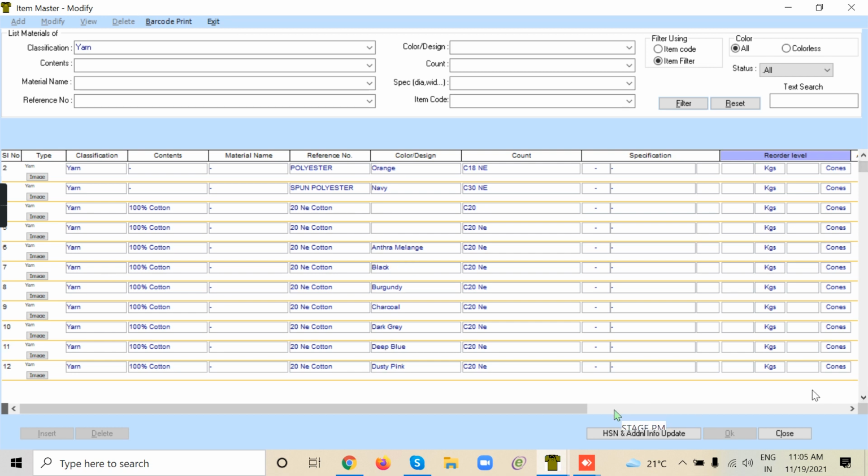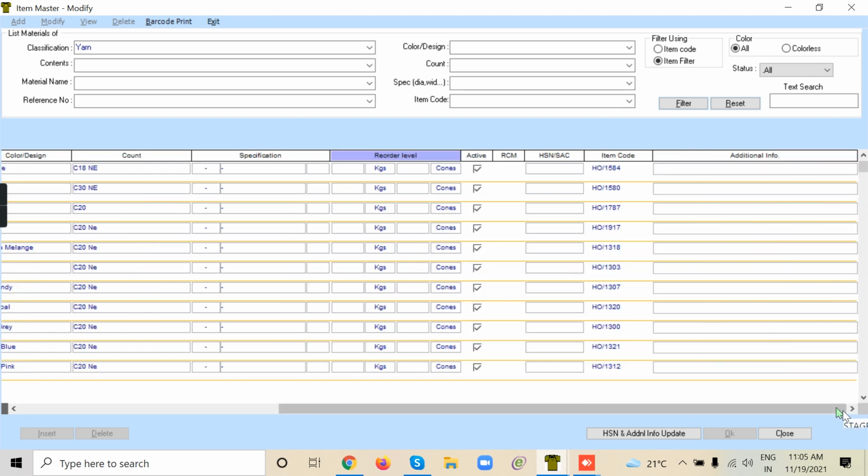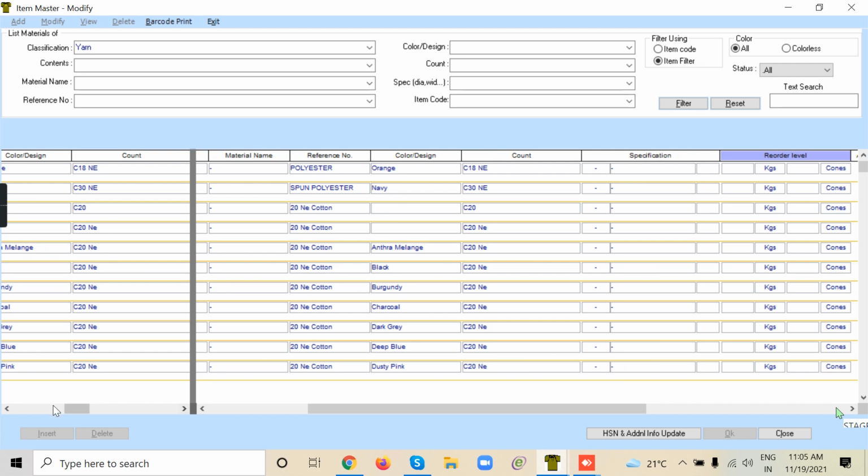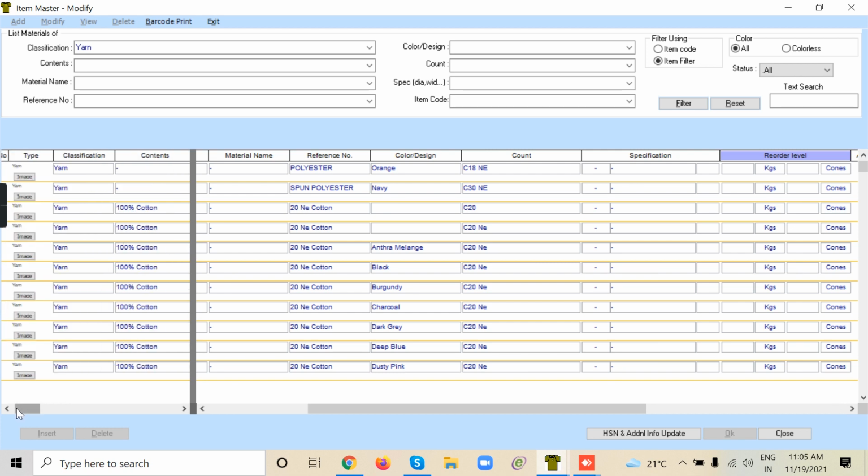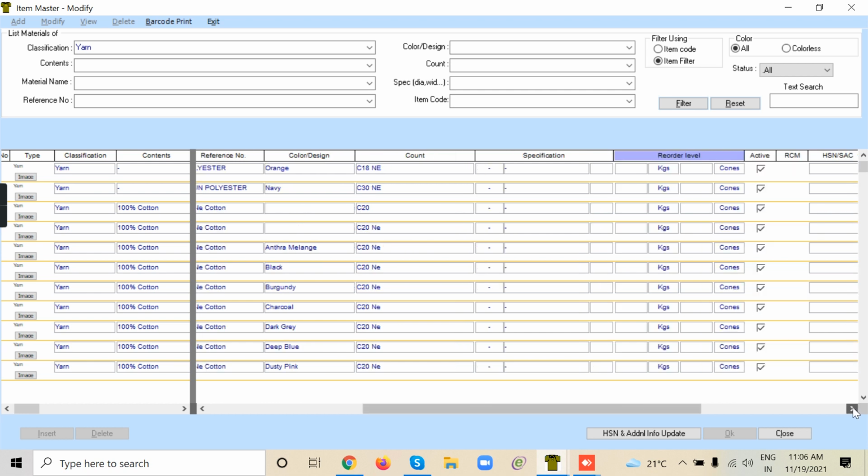Each item will have an item code. A system generated item code will be present for each of the items.